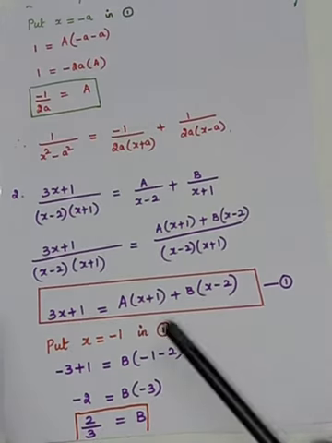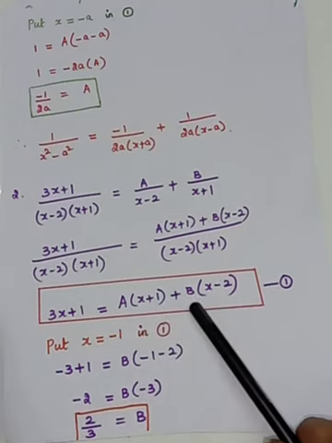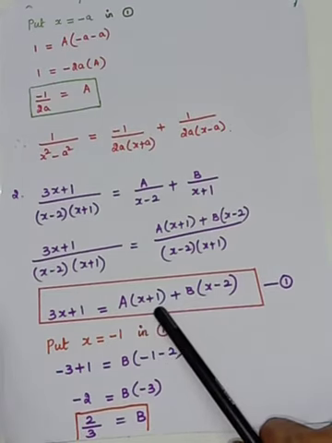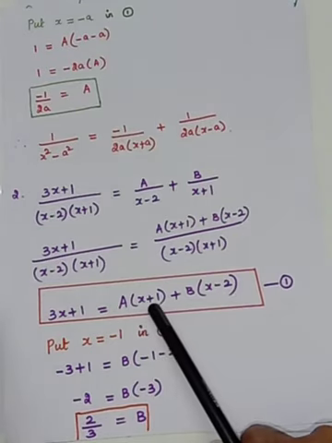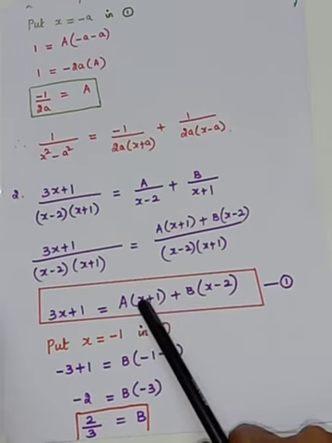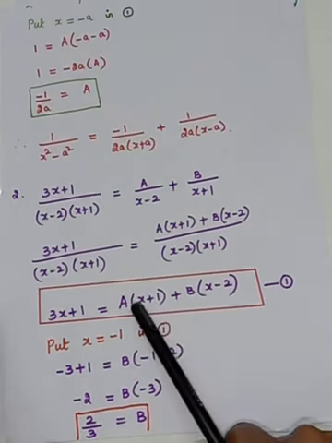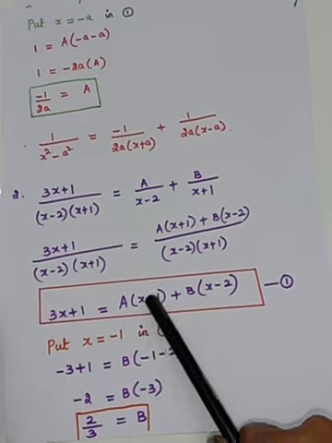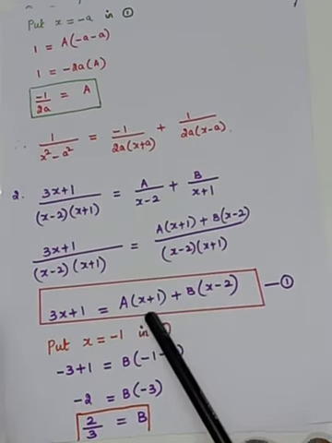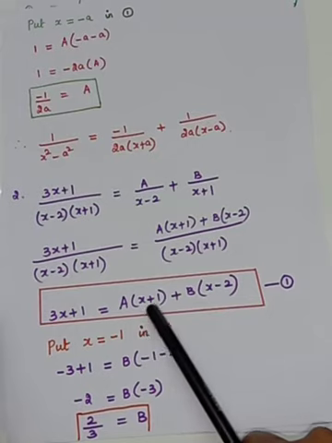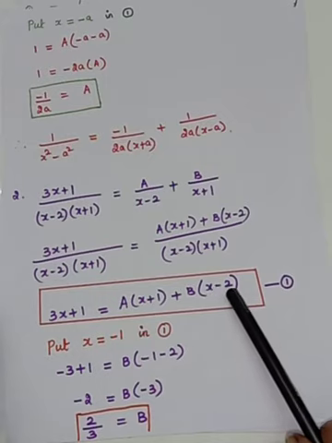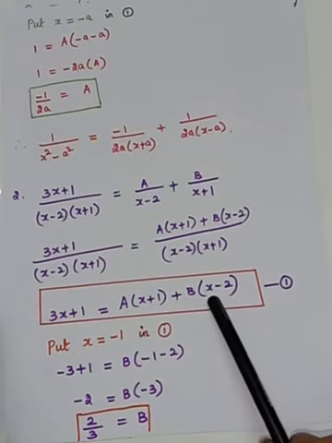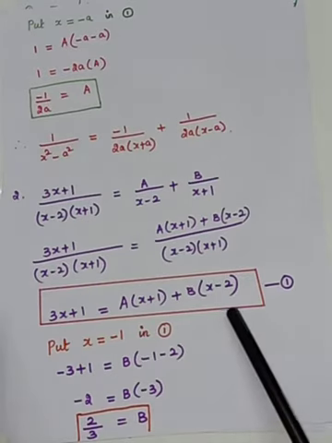Okay, so see now we are going to find the value of a and b. So look at the linear factors here, x plus 1. Another one, x minus 2. So x plus 1, if you substitute x is equal to minus 1, here plus 1 is there. So when you substitute the opposite of it, that term will become 0. So we can substitute x is equal to minus 1. And look at this linear factor, x minus 2. So just opposite, you have to substitute for x, that is 2. When you substitute, this will become 0. From that you can find the value of a and b.